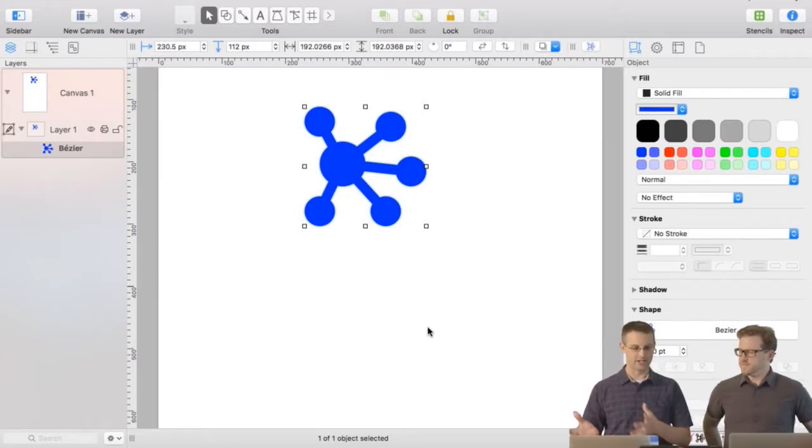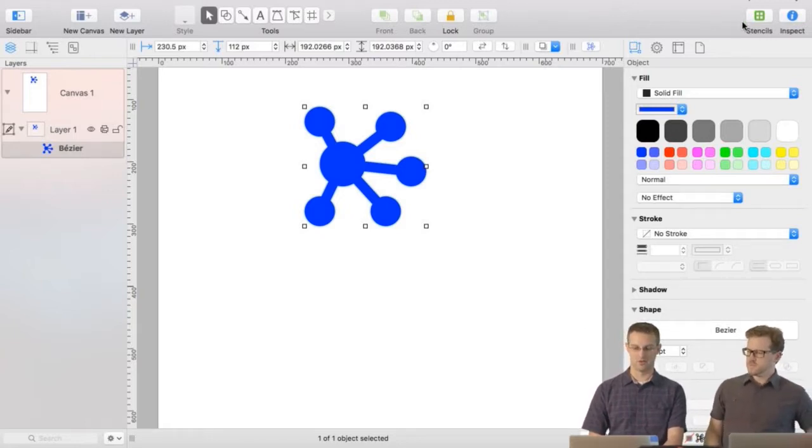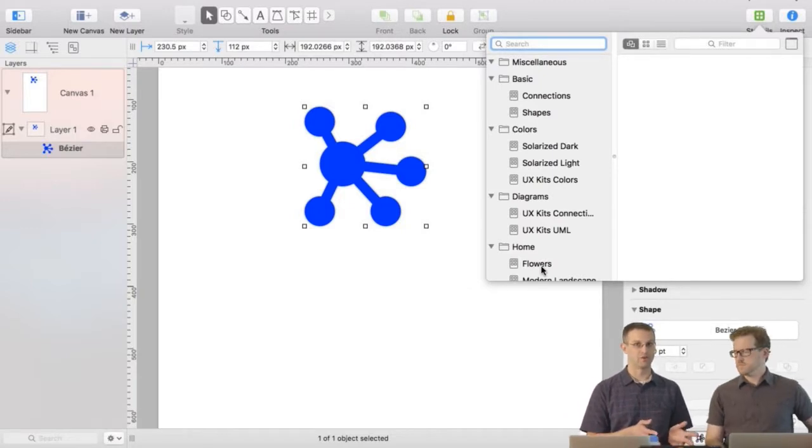Stencils aren't just for recreating objects over and over, like different designs you've made. You can also use them as a style palette. So in Graffle 7, we have a stencil button up here in the corner. You tap on this and you get quick access to all of your stencils. It keeps the same organization that you have already in the resource browser, but gets you quick access to it